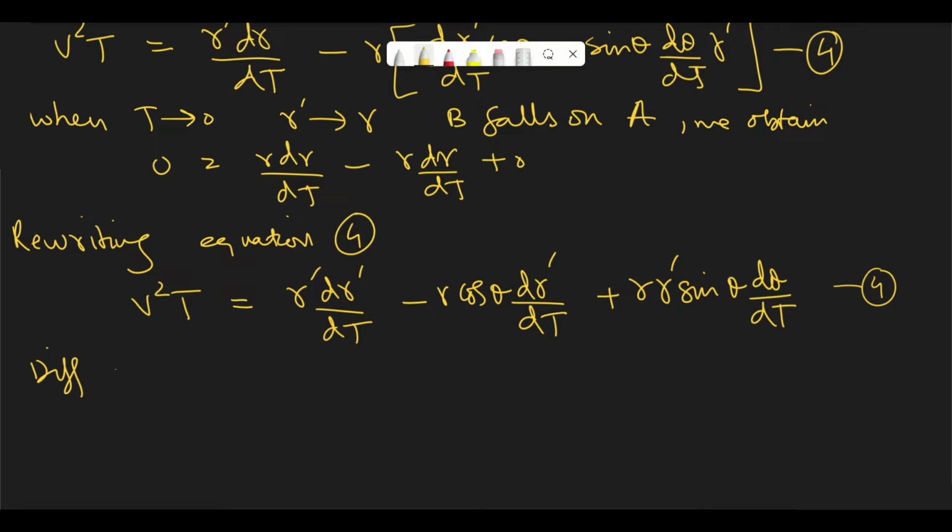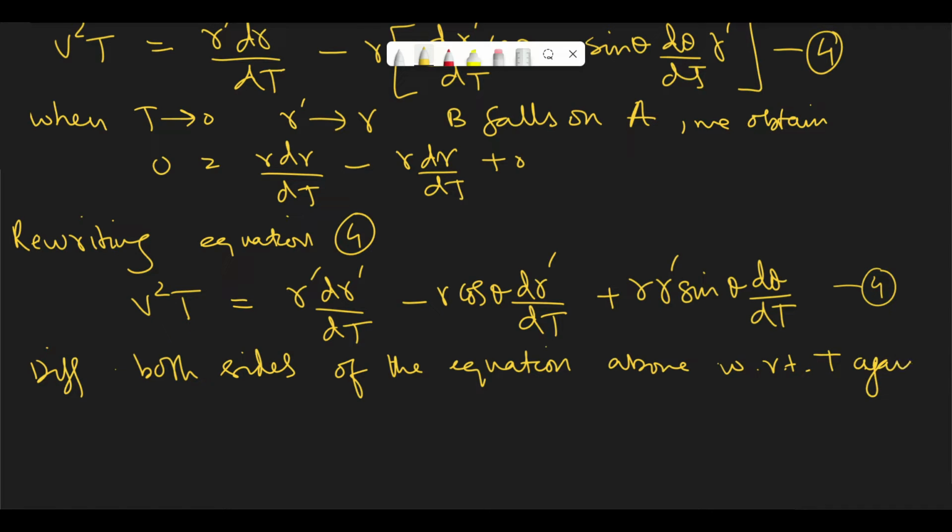Now differentiating both sides of the equation above with respect to time again, we obtain